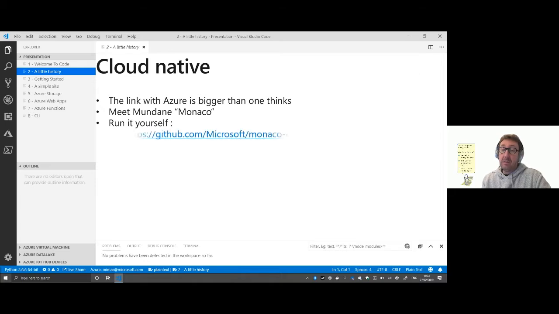And you can download it from the GitHub account on Microsoft under the repo Monaco editor. What you can actually do with it, I'm going to show you that there's actually proof that Visual Studio and Monaco have a link. So Monaco and Azure is actually the grandfather or the father of